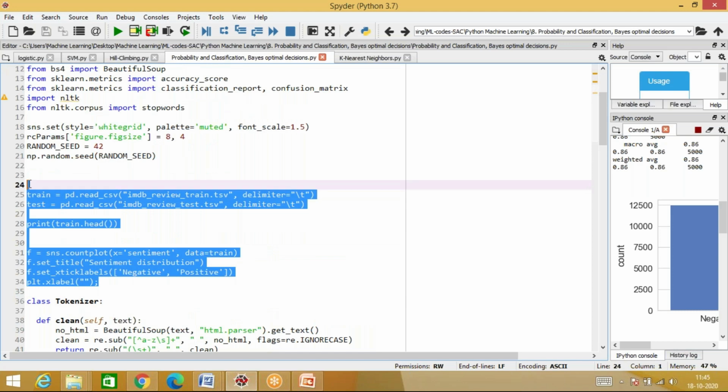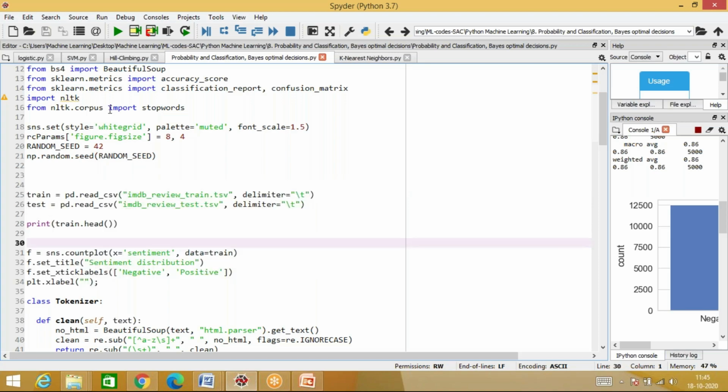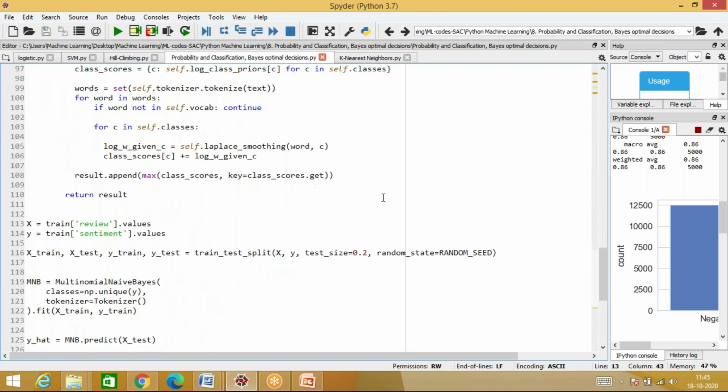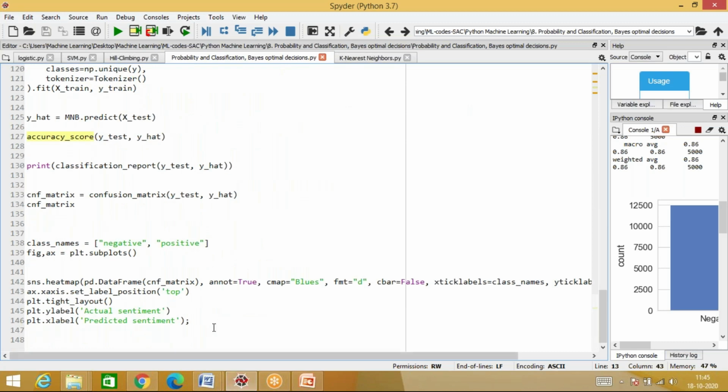Before that, this is the normal stuff where you just check the data set, you retrieve the data so that the data can be passed over here. Prior to that, these are all just imports. So again, if you see, this code is actually almost 150 lines, but what I'll be required to write as a programmer is hardly 20 lines. So that is what happens today. If you give me any system and ask me to apply a naive Bayes theorem, it won't take me much time. I'll just take the same program, I'll just change the data set, and my job is done.